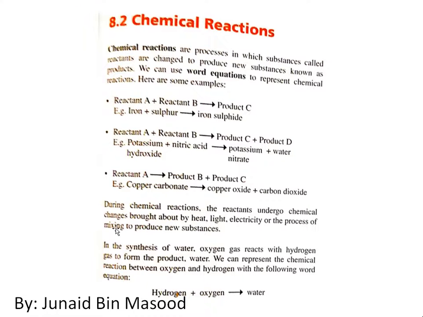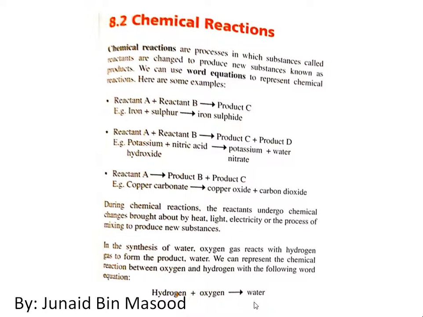this is again page 163. During chemical reactions, the reactants undergo chemical changes brought about either by heat, light, electricity, or the process of mixing to produce new substances. Now a very common kind of compound that we have here is water. Water is made up of hydrogen and oxygen. We discussed this also in first term